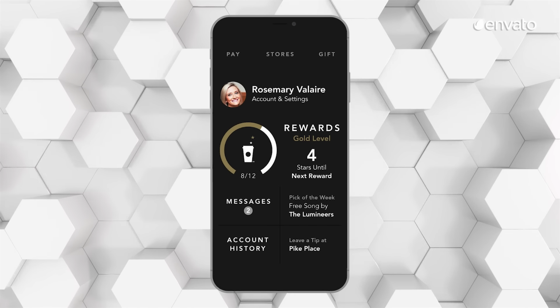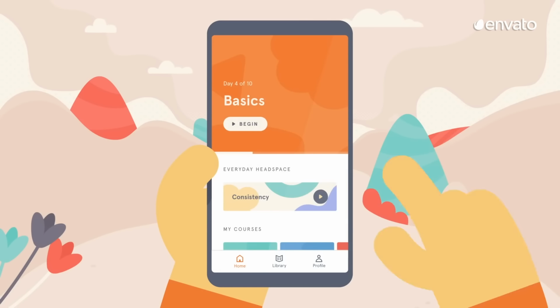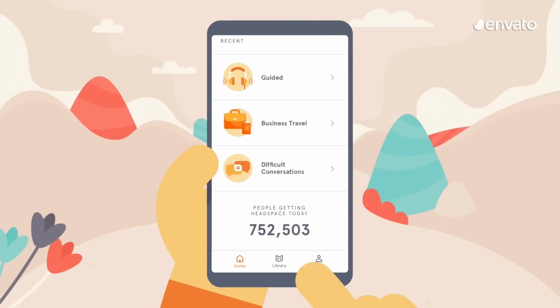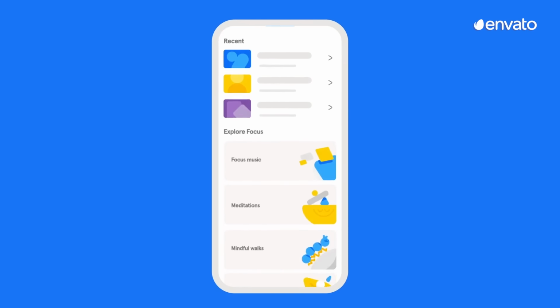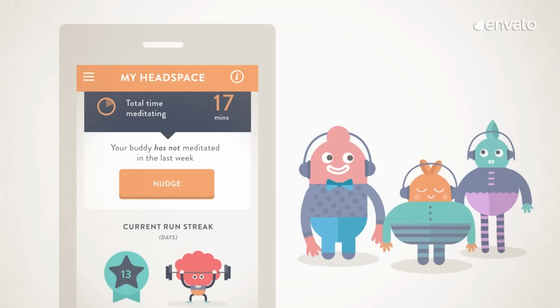Many websites and apps use behavioural design, including the meditation app Headspace. With the simple goal of teaching users how to meditate each and every day, the success of the platform is largely down to how it keeps subscribers active. This includes a personalised daily playlist, stats on your meditation history, and letting you sync up your schedule with buddies.